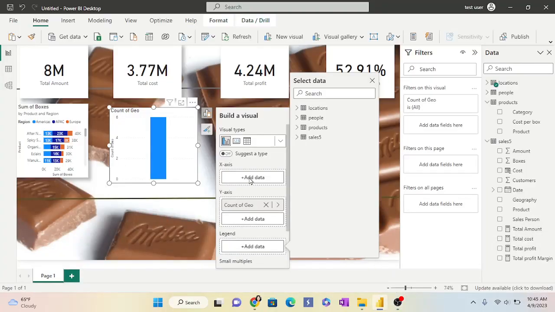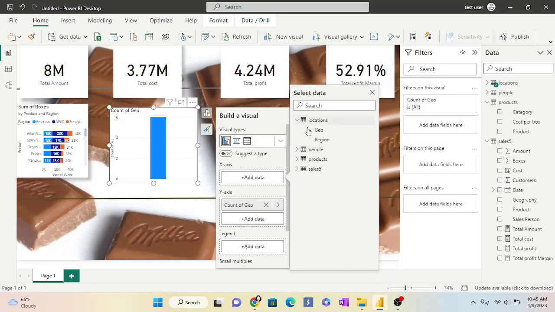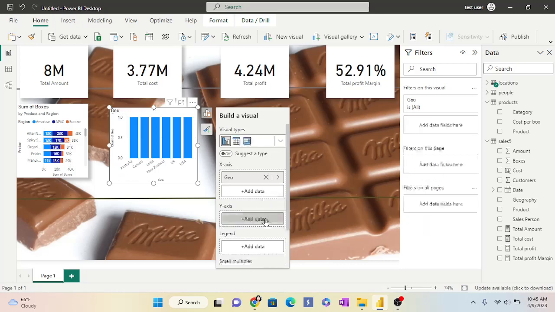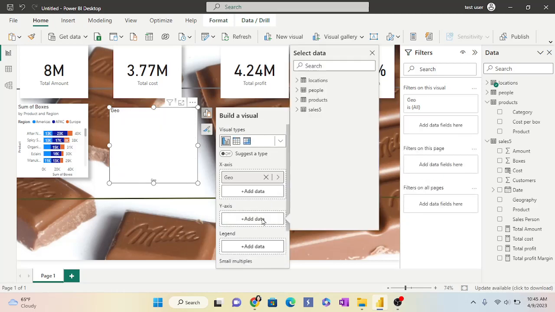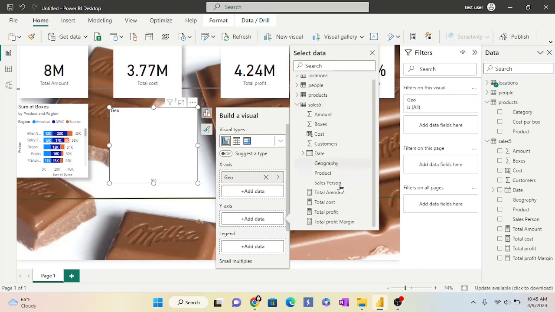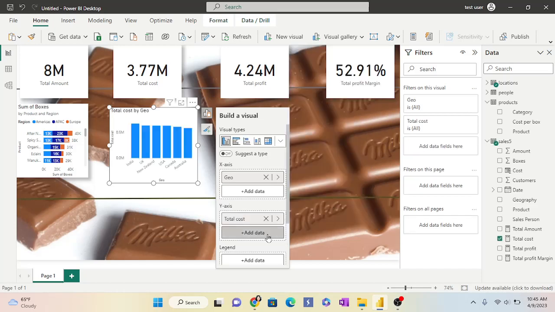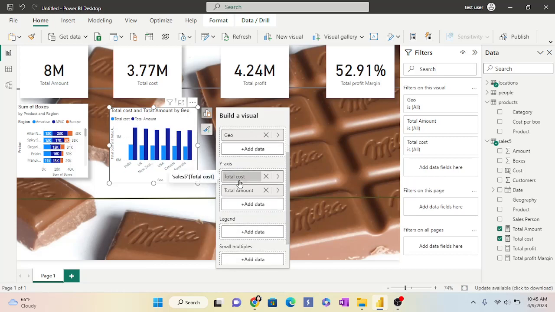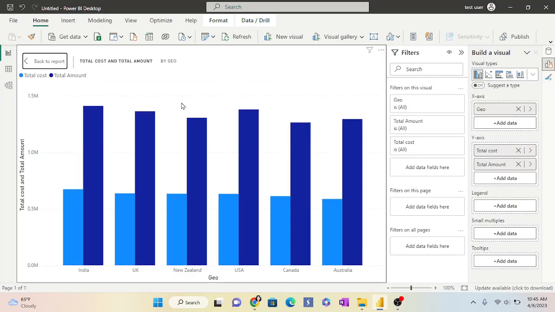So here for x-axis we are going to add geo, and for y-axis we are going to add total cost, and we are going to add total amount. So this is our cluster column chart. This is how it looks when you enlarge. We'll go back